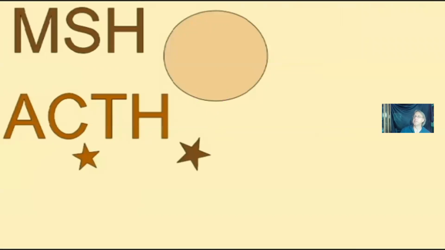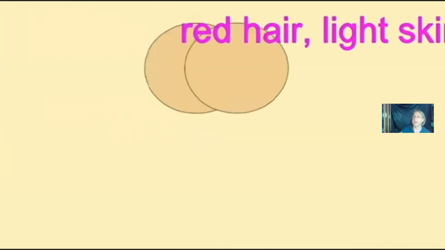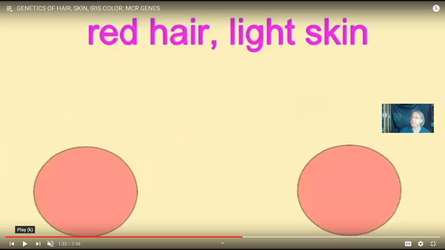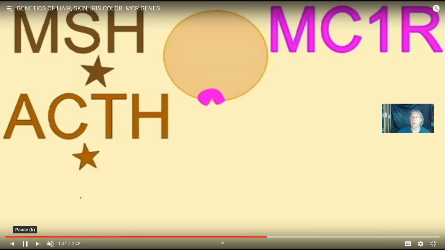reddish pigment. These individuals would tend to have lighter skin, not making the eumelanin, and then red hair. This is a major cause of red hair, although there are others. Such individuals might not suntan well, and might have to be very careful with sunlight because they could burn quite easily, not making the eumelanin, which would protect them from burns and from skin cancer. And so there are several genes